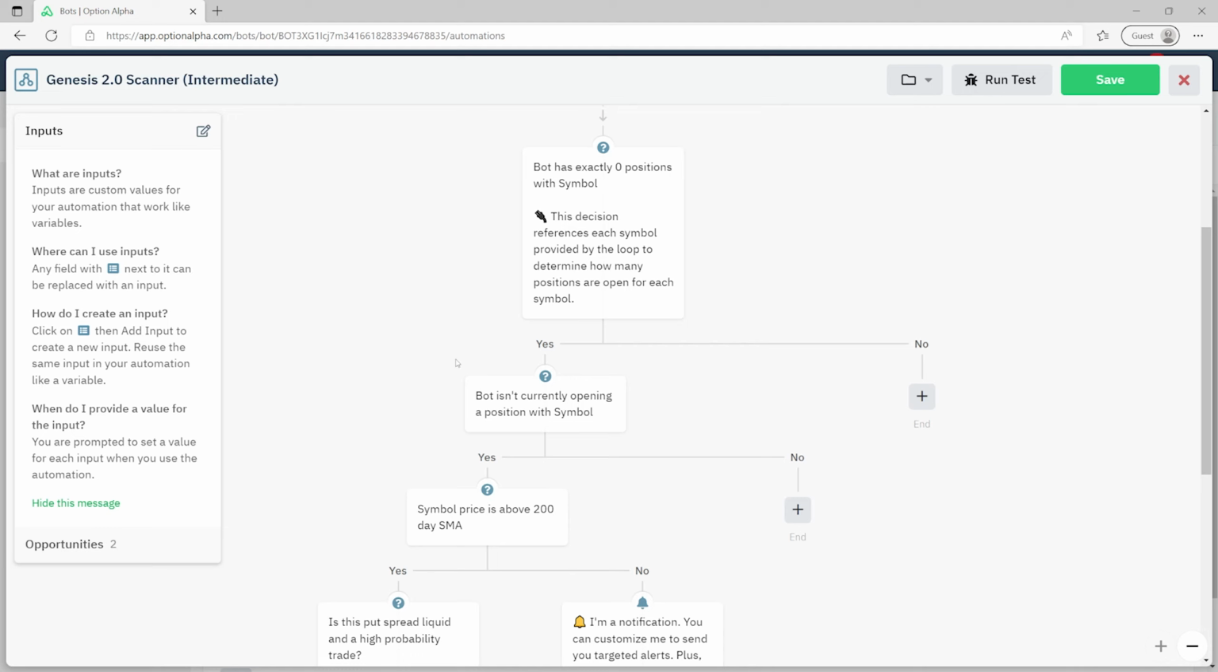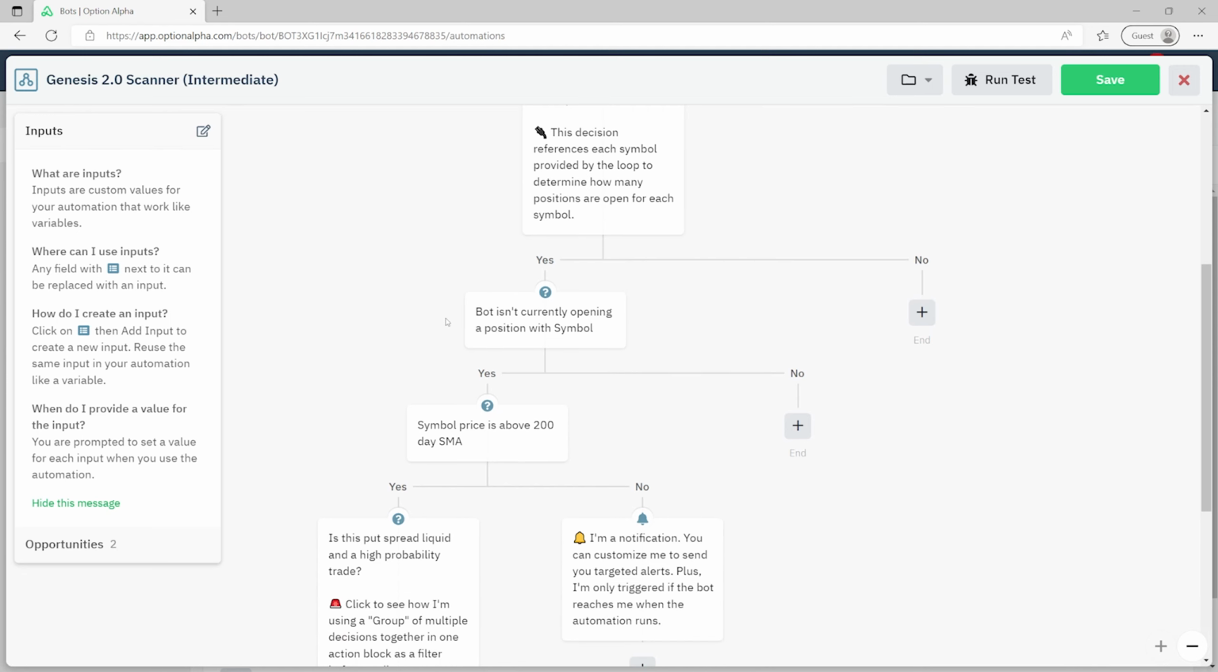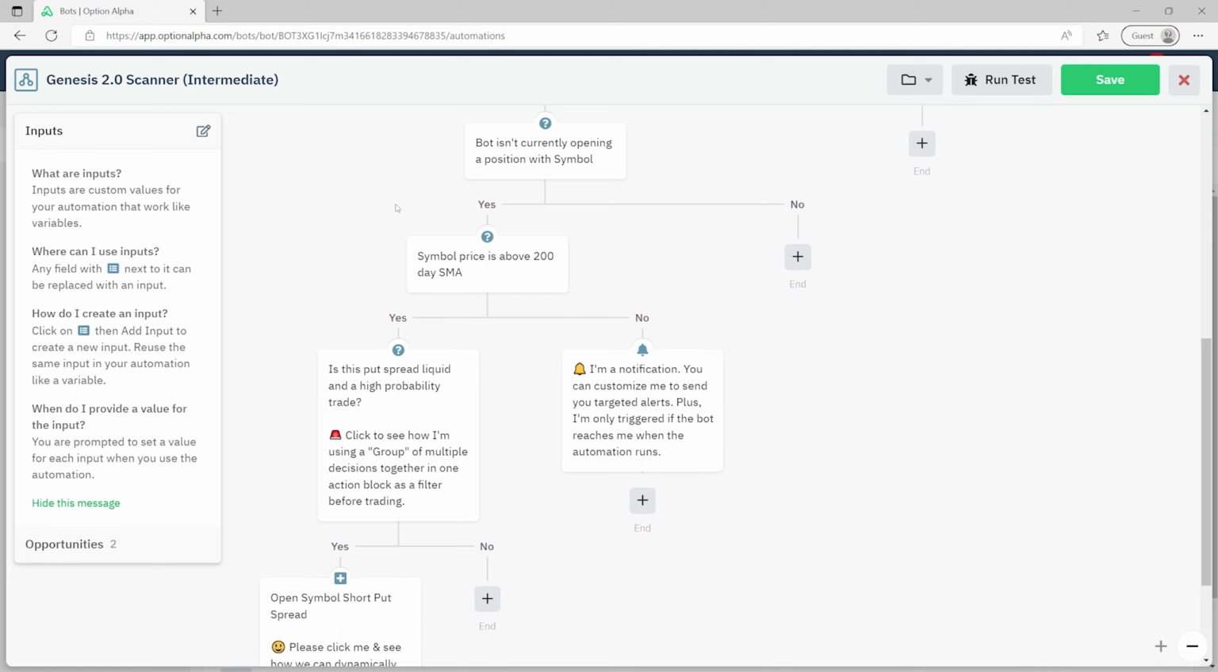This one's good because you can be trading in your account while your bot is working in your account as well. This will prevent it, if you're trying to open up a position, from opening up a second position. As long as that's not happening, because if it is, it'll just cancel and stop, we go to the next question, which is symbol price. Is it above the 200-day simple moving average? If no, then we just get a notification and that gets sent to us. But if it's yes,